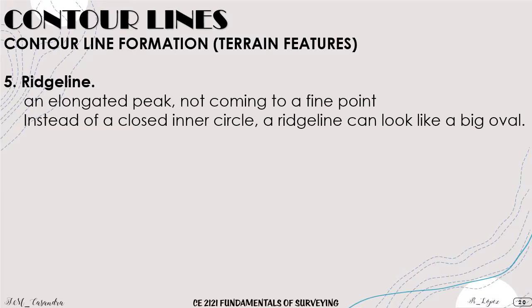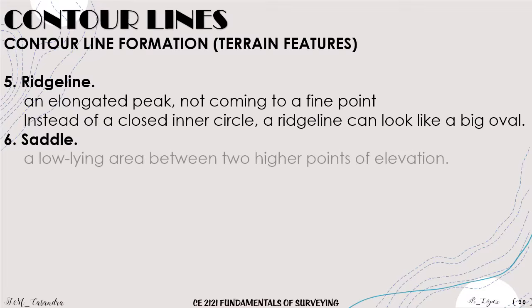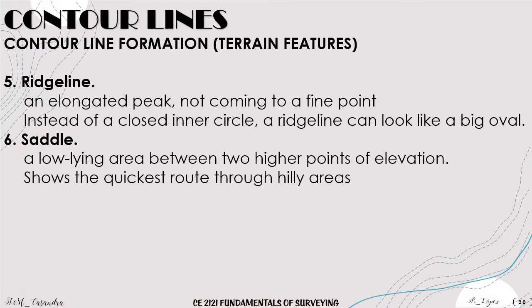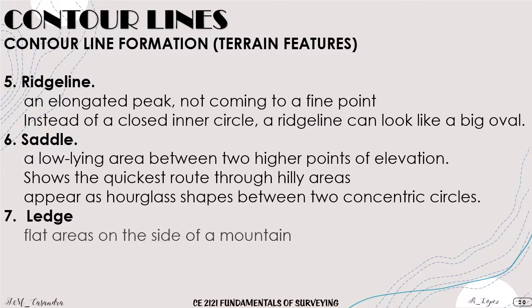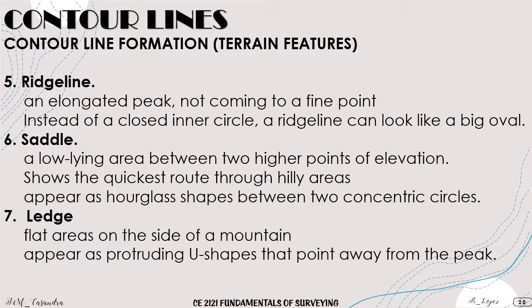So instead of a closed inner circle, a ridge line can look like a big oval. Next, we have your saddle, which is a low-lying area between two higher points of elevation. So this shows the quickest route through hilly areas and appears as an hourglass shape between two concentric circles. Next formation, we have your ledge, which is a flat area on the side of a mountain. It appears as a protruding U shape that points away from the